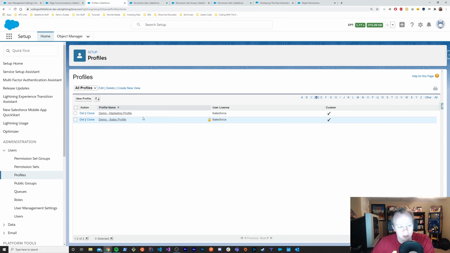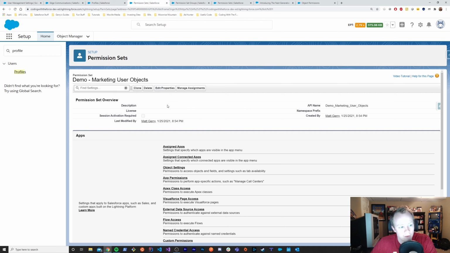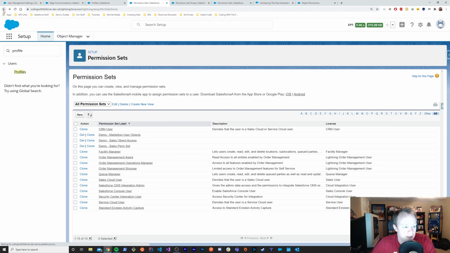Now, alternatively, what you can do that makes this whole thing quite a bit easier these days, as of around 14 months ago now, is you can set up what are called permission set groups and add permission sets to them. So, why would you go this route? Well, if you go the permission set route, what that allows you to do is,